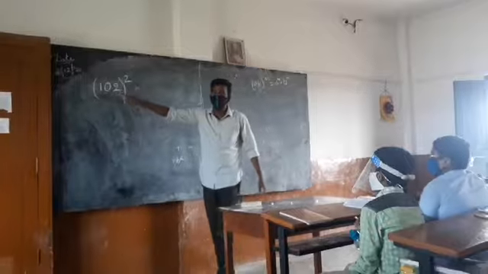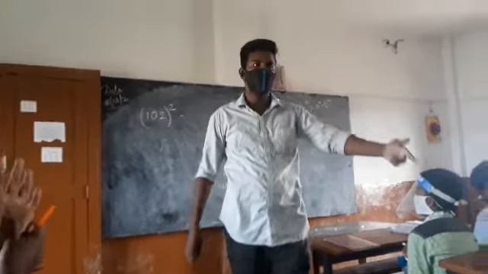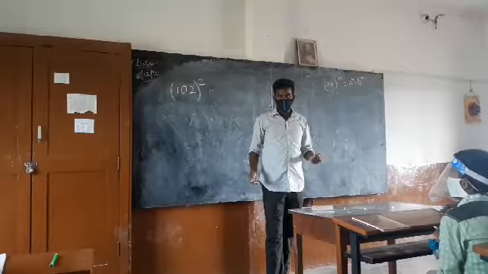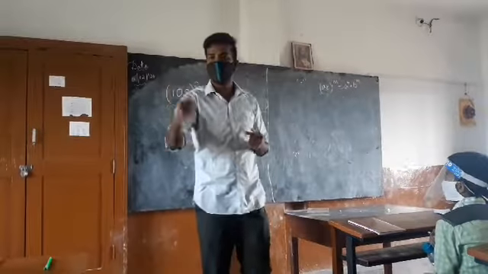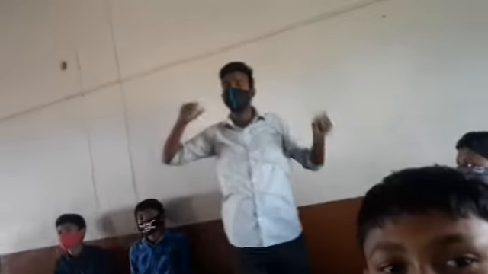Why am I dealing with this? If at all you need to find out these big multiplications, you will have trouble. Instead, a trick will help you. Not 40, you are dealing with big numbers. If you choose 40, then the other number is something in the 60s. Then 40 plus 62 whole square, putting that in the a plus b formula, will give you the most trouble. Instead, you are using the a plus b formula for simplification, for an easier thing.